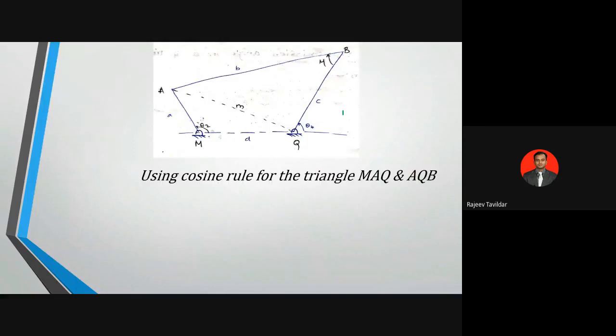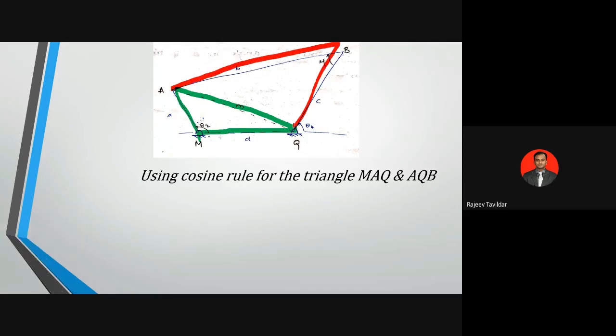I've just reduced the size of this diagram now. So I'm going to use the cosine rule for two triangles. One is MAQ, okay, that is this triangle, the lower left triangle, and AQB happens to be the upper right corner. Okay, so that's AQB. So for these two triangles, I'm going to use the cosine rule, and let us see what we are going to get. So for the first one, that is the lower triangle, if I use the cosine rule, m square,